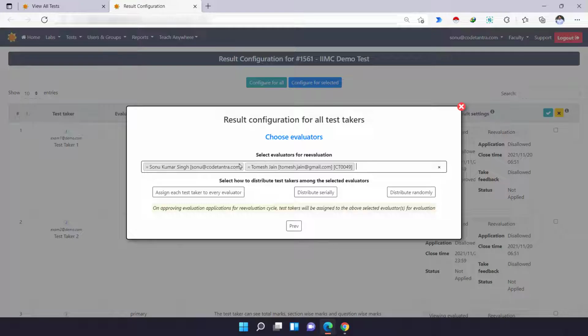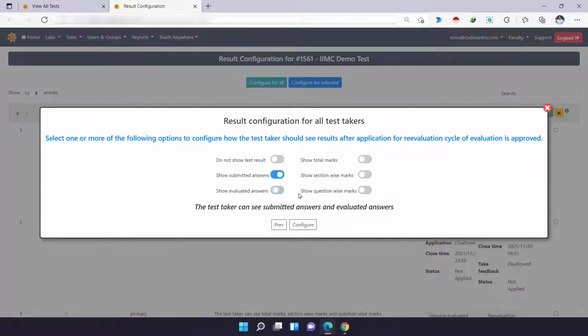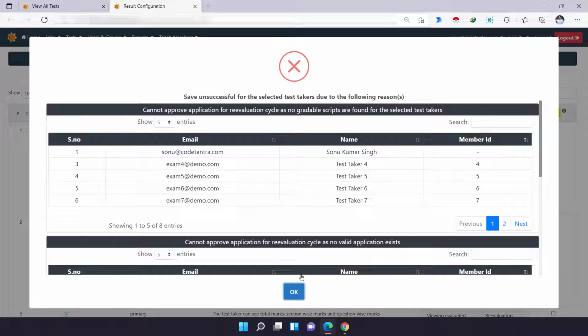So I'll select the names of these two evaluators who are actually going to evaluate this paper while approving, and then I can decide whether I want to assign each test taker to every evaluator, or I can decide to distribute serially, or I can distribute randomly. Whichever suits best, I will simply select that option, select next, and then I can decide the results visibility configuration accordingly, and then I can click on configure.